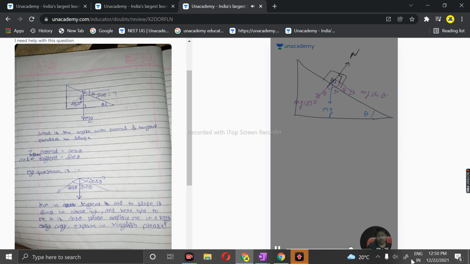So if you are asking the angle between mg and N, you can easily calculate that. I think whatever you are asking is solved, because it is basically component resolving. That's all about it. But in the tangent parallel to the slope, sin theta in the above diagram, and here to me it is cos theta. I hope you are getting this. So when breaking this, it is mg sin theta and mg cos theta. So hope this answered your question. Thank you very much.